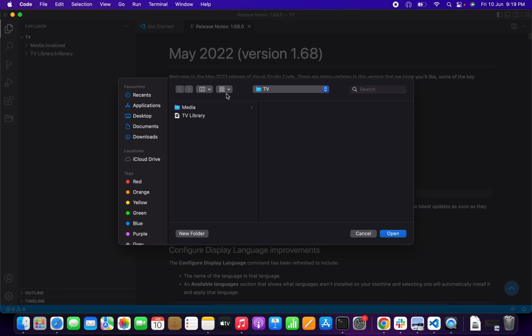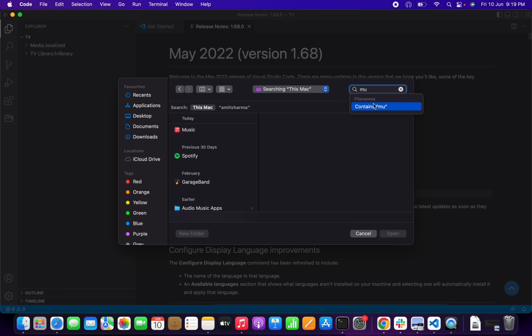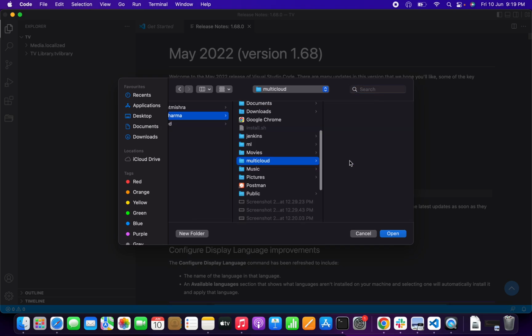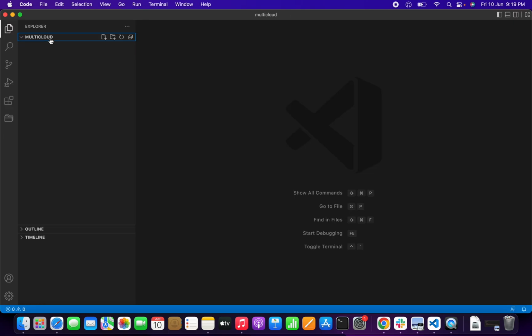User, I guess, user multi-cloud. I open this multi-cloud, and I will try to open the terminal. Terminal is not there. Selection. Okay, so I will just create a file,